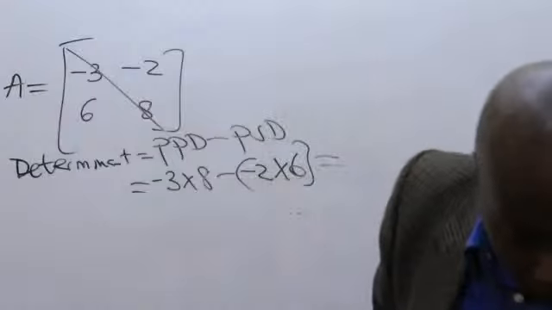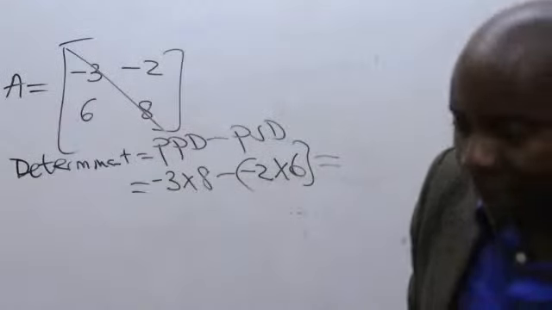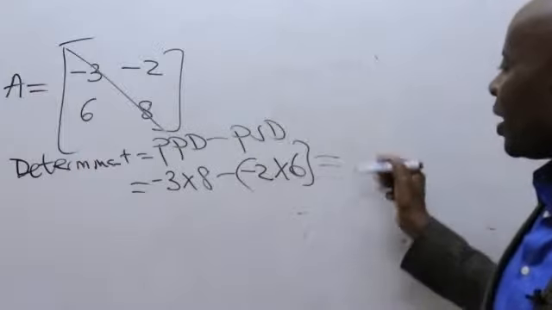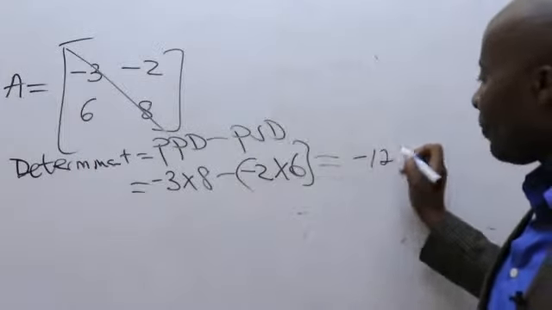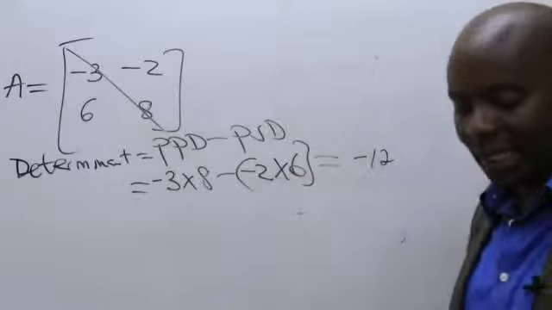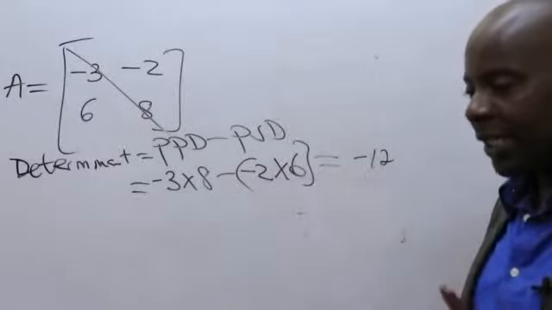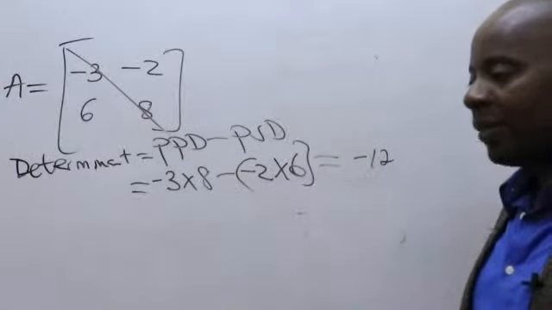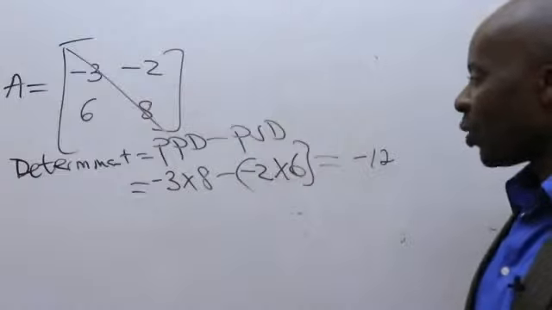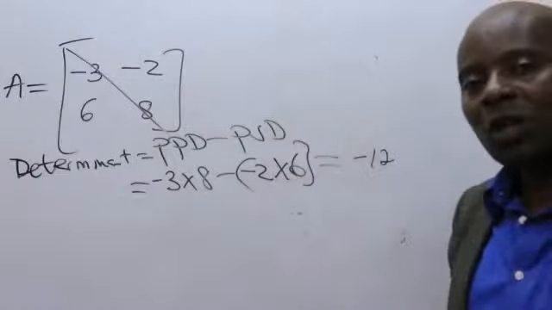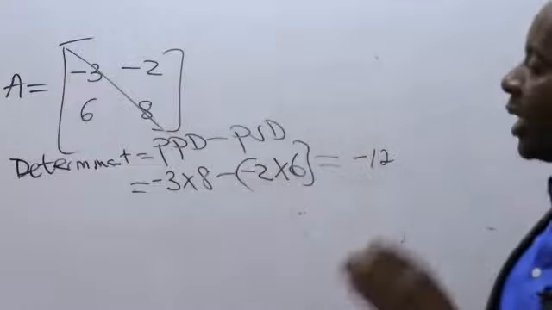At the end of the day, what figure do we have? Is -12 correct? Yes, -12 is very correct. Now, ladies and gentlemen, having gotten the determinant, the next thing I know my students will